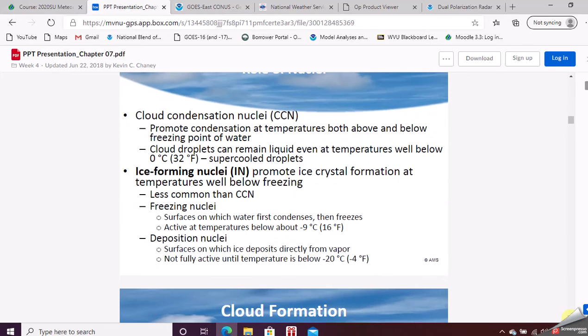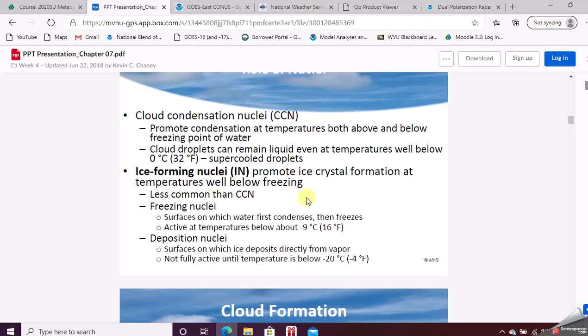Oh yeah, there's another thing. Think about it. When the droplets are growing, they have a lot of kinetic energy. And as they reach freezing, they're still pretty small. So there's so much kinetic energy in them that they don't freeze at 0 degrees Celsius or 32 degrees Fahrenheit. They have to go way down below that to freeze.